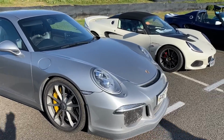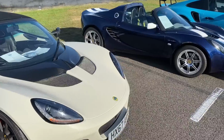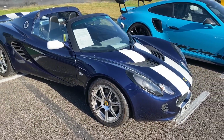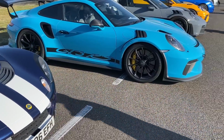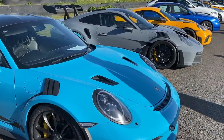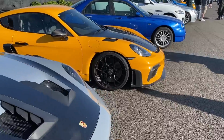911s, we've got a few. We've got the Series 2 Elise there. We've got another Series 2 Elise with the modified front end, and we've got a lovely GT3 RS. Porsches, yeah, we've got a few. We'll skip past the Porsches and we'll go and have a look at this